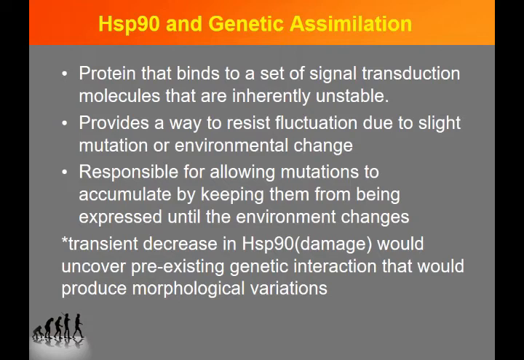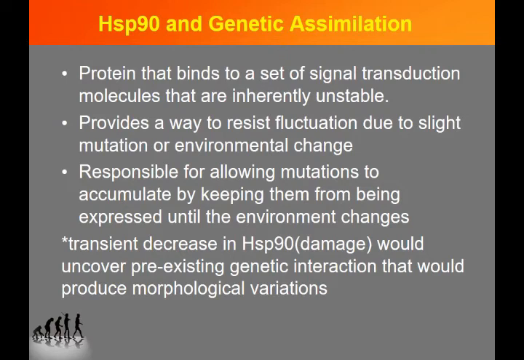A transient decrease in HSP90 or damage would uncover the pre-existing genetic variation that would produce the morphological variations. So this protein really has an important role in genetic assimilation that we already know. It has several roles that are really needed in producing